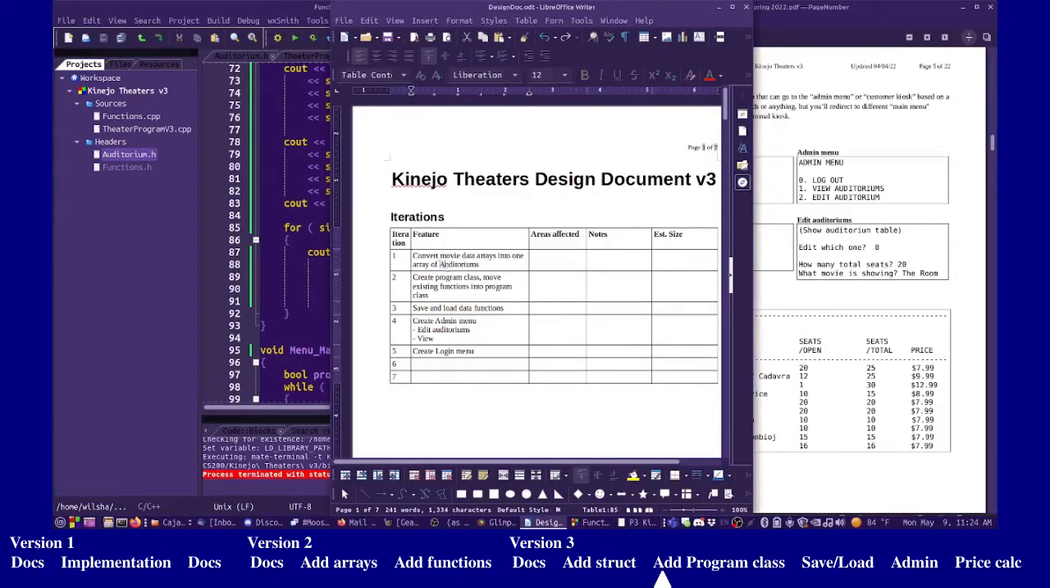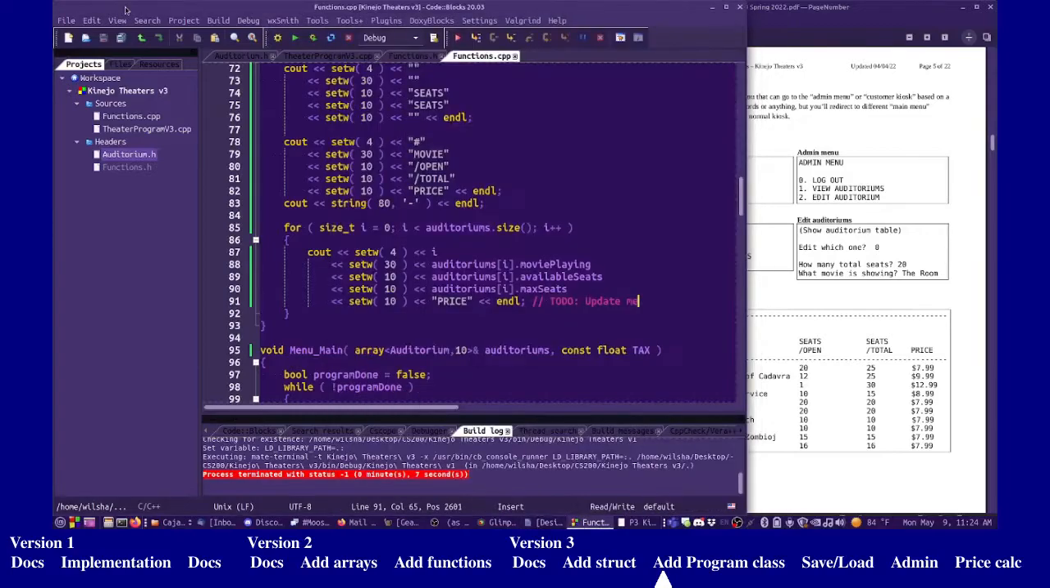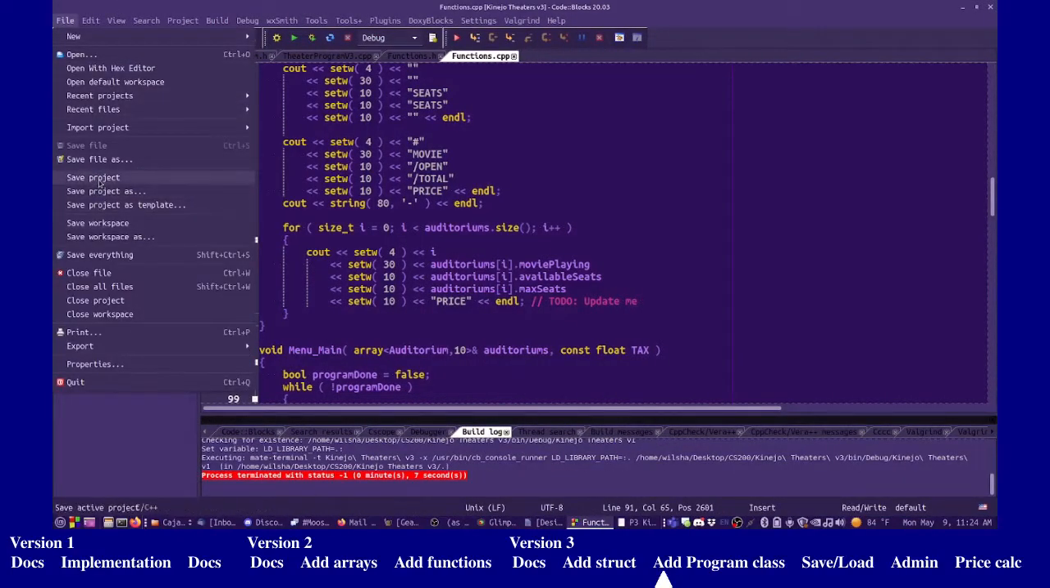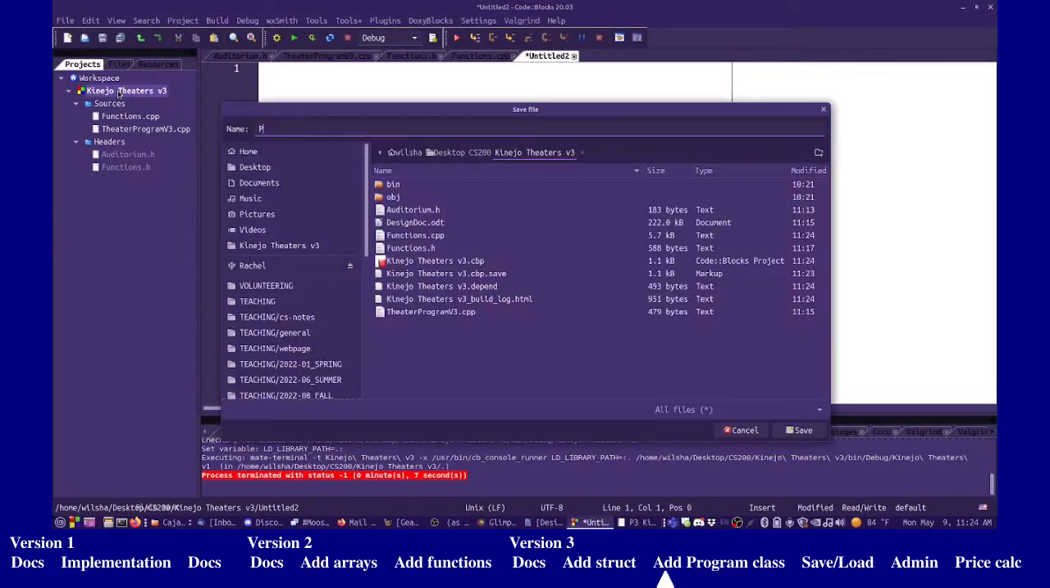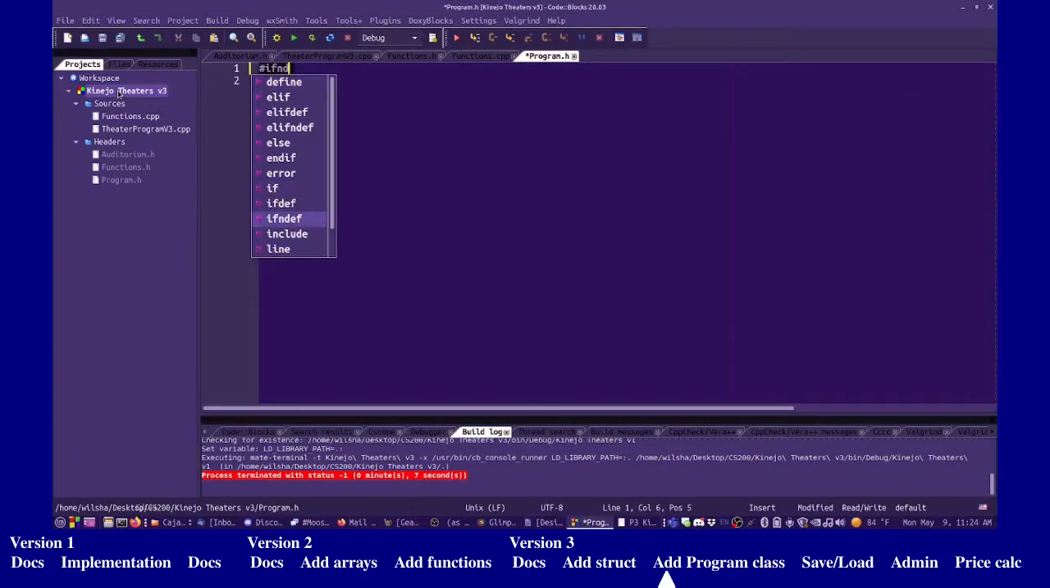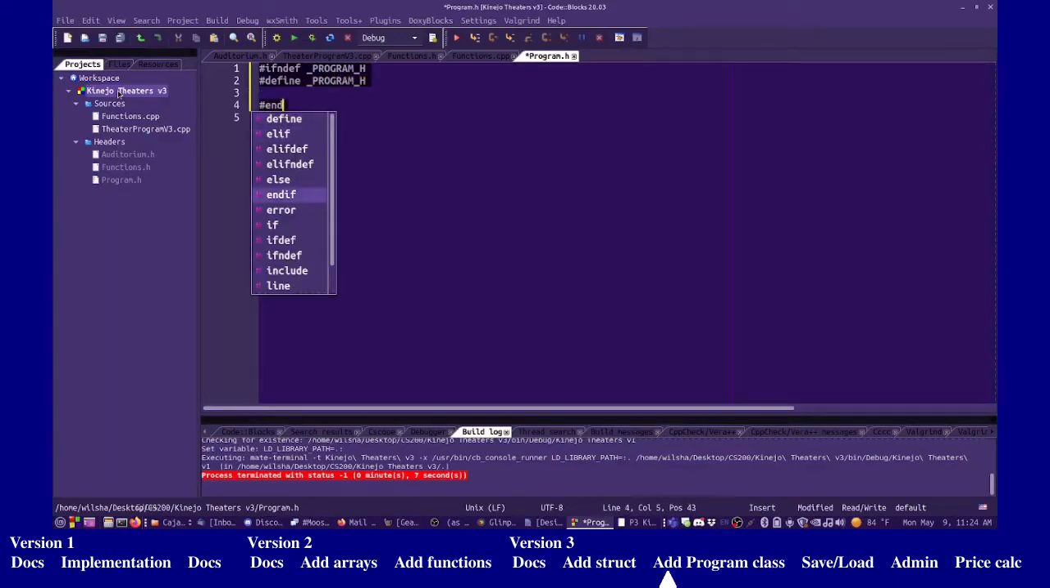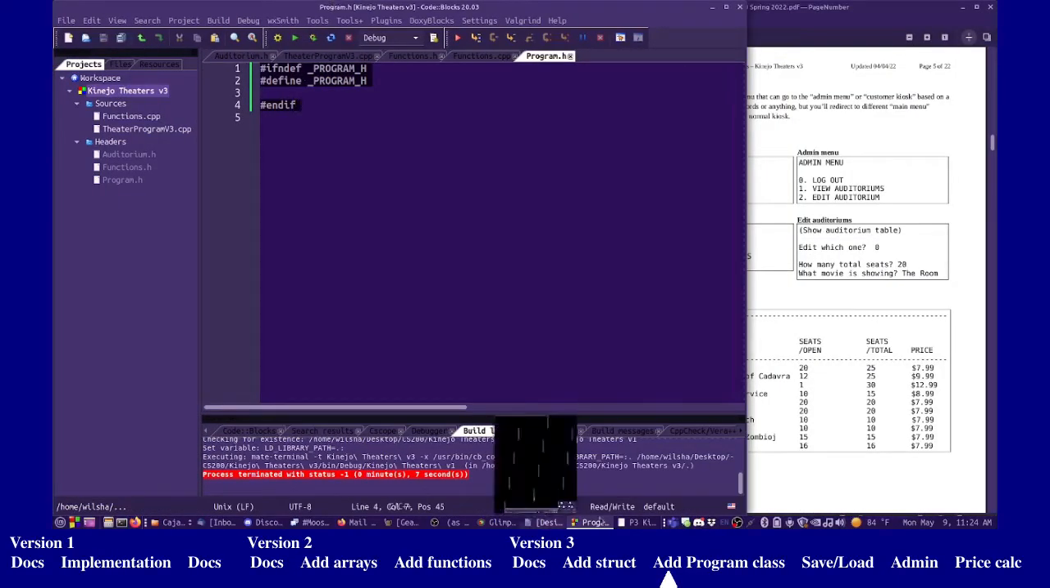So we created arrays. We have not done the program class yet, so let's just refactor it by adding a program class. Currently, everything is just in functions here, but we're going to create a program.h. If not defined program, define program. Okay, so in the